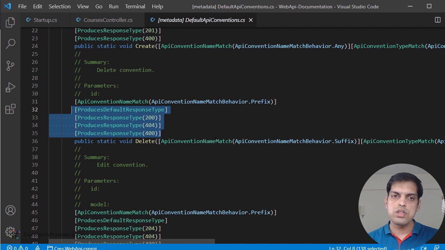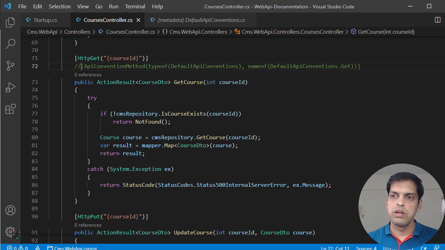Hence, you can use this at the controller level as well. It's going to immensely help you to increase your productivity. In fact, we have the third approach wherein you can apply this at the entire assembly level. Once you do this, then you don't need to apply at the controller level or the action method. It's going to apply across all the controllers and actions. Let's see how to do it.